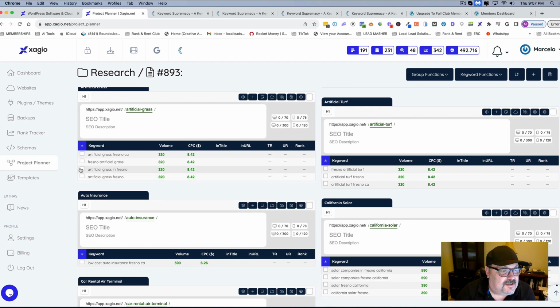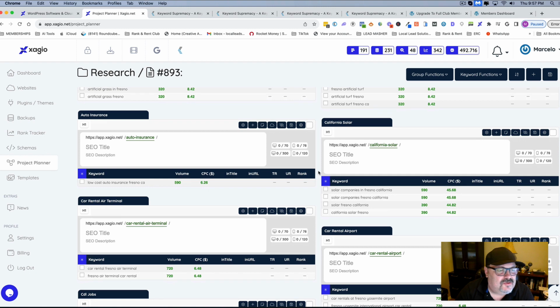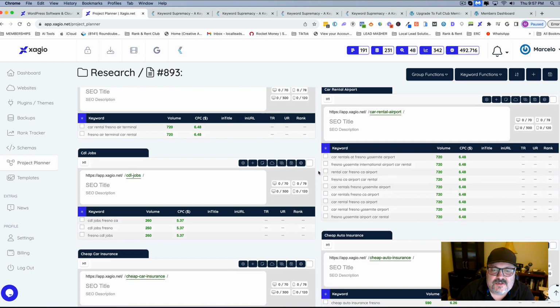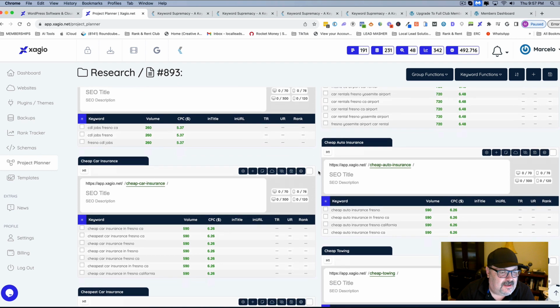You have artificial grass here, a good little niche, artificial grass here. And artificial turf, you see how these are different. Artificial grass, they all are searched together, and then artificial turf. So when you're trying to rank for these things, you wouldn't put the turf in with the grass. So your keyword here is like artificial turf, right? The cool thing about this is here's what we can do. We'll do that in a second. I'm actually going to find some more cool niches if we can here.